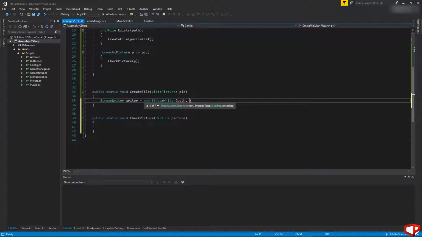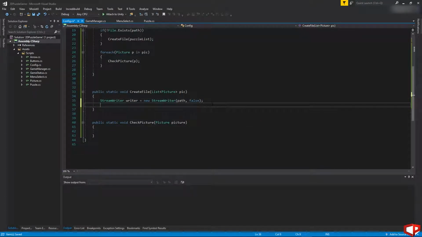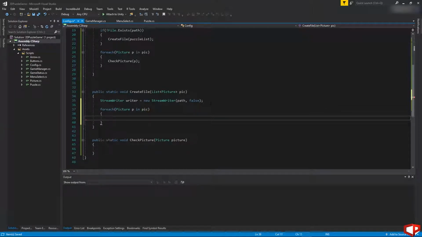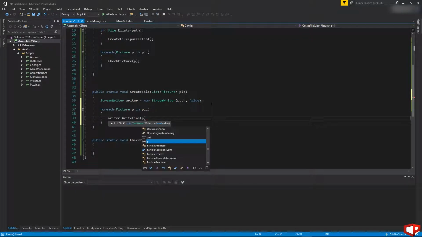I will set it to false, and then we have to loop through all of the pictures, foreach Picture p in pics, and then we will write information about this certain picture, which will be writer.WriteLine, and then we will take the p.name